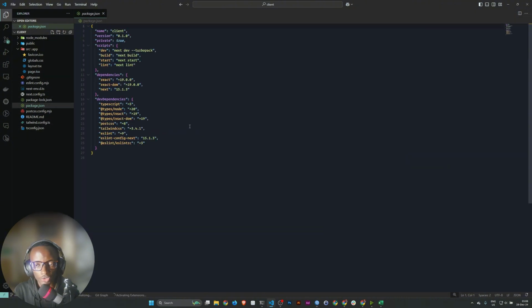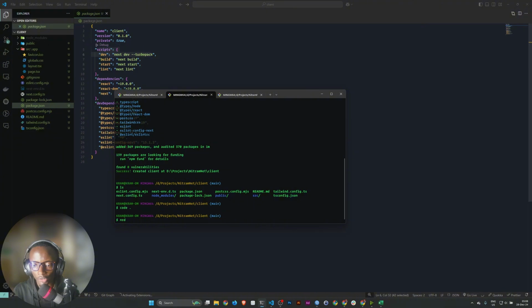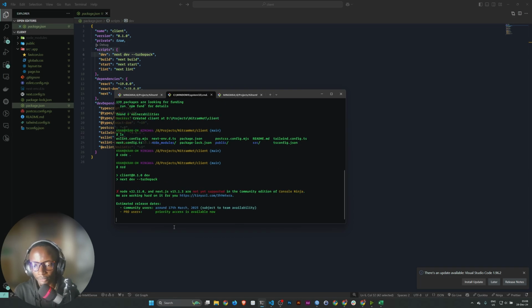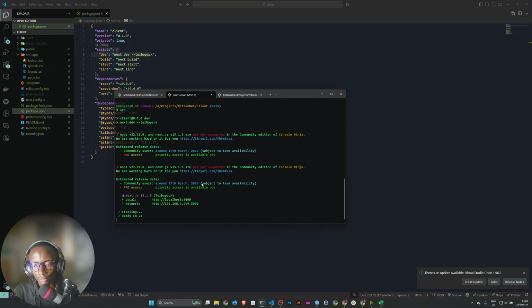If you check the package.json, then there's a dev script. I have an alias for the dev script, which is nrd, short for npm run dev. Let's run that, get that running. Oh, it already is.